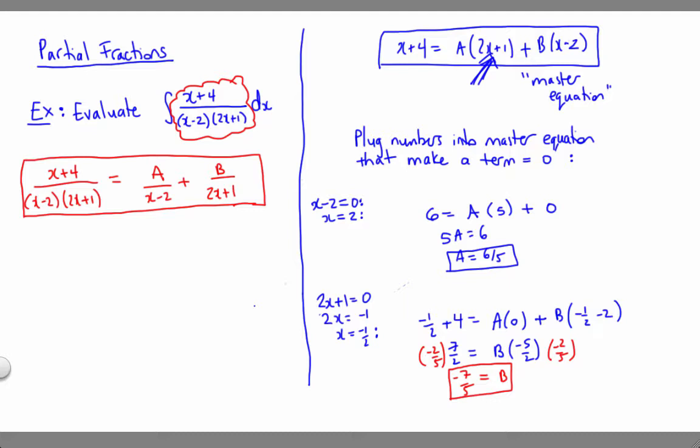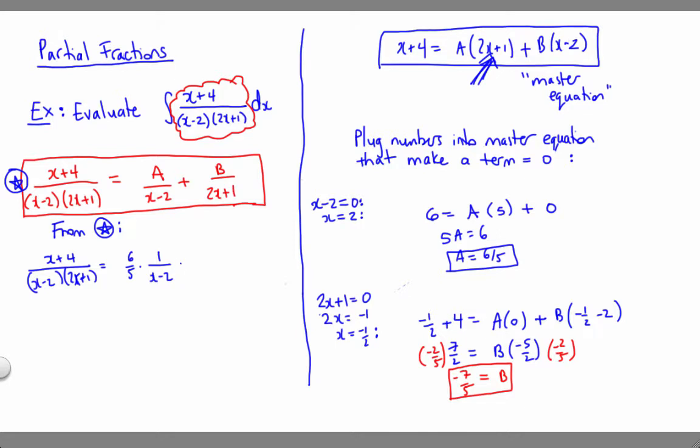So normally what I do in order to keep things flowing logically is at the beginning of the question I just put a star at this partial fractions expansion, and then once we've found a and b, then we can say something like, from star we now know that our original rational expression is equal to a, which is 6/5. So I'm just going to say 6/5 times 1 over x minus 2,